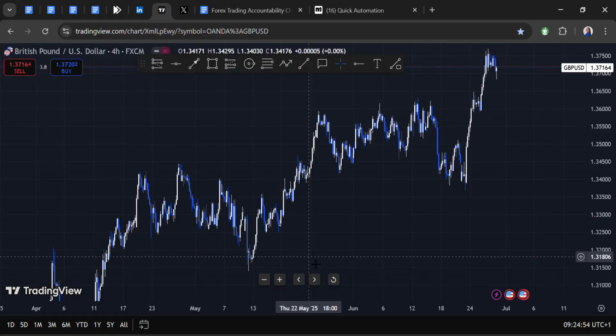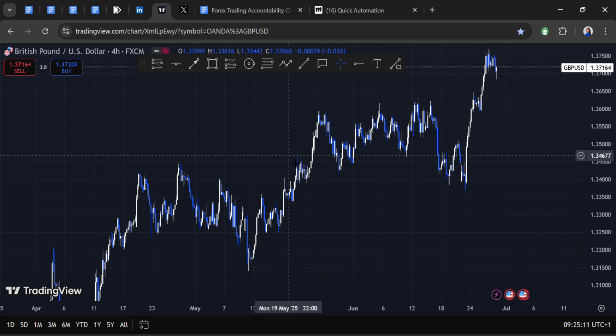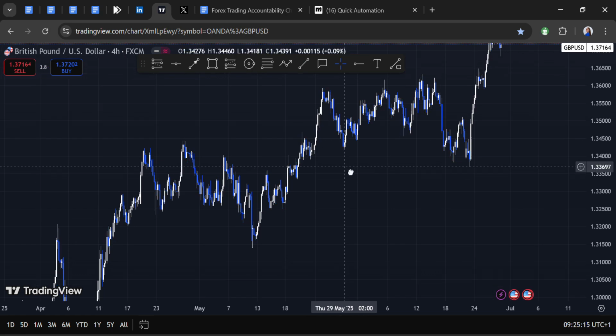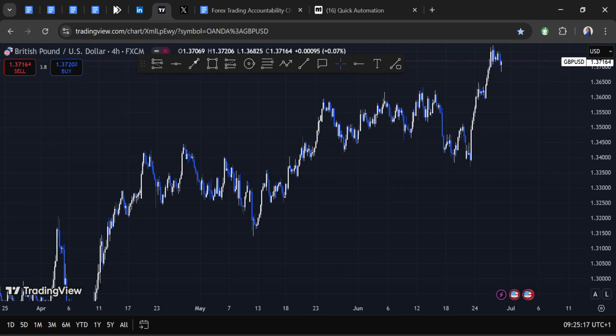Here's how to know the market is about to change direction from an uptrend to a downtrend, or from a downtrend to an uptrend, depending on the market you are trading. As you can see, this is GBP USD, British pound US dollar. It's pushing up because it's giving us